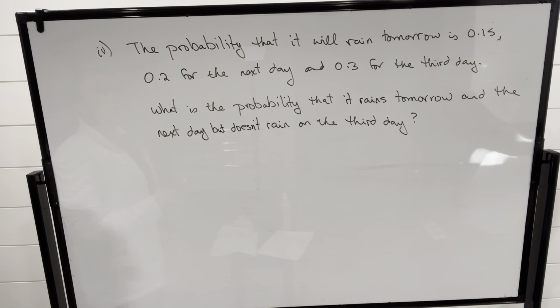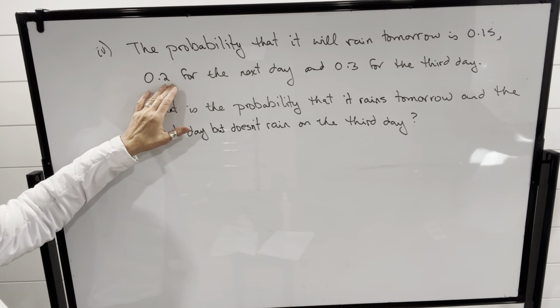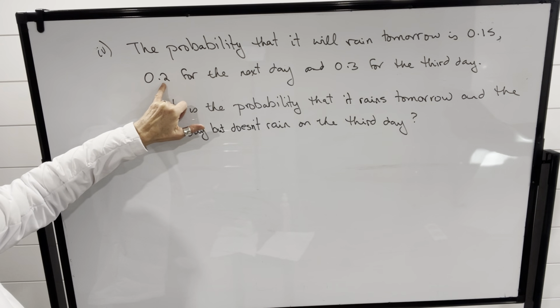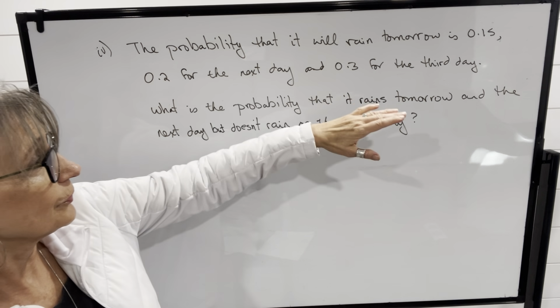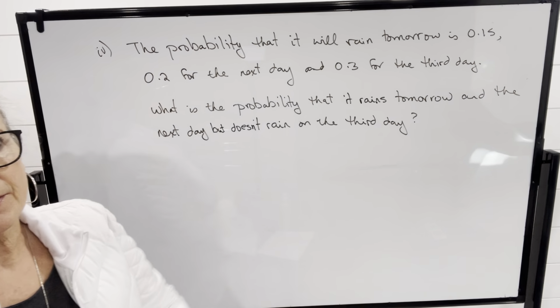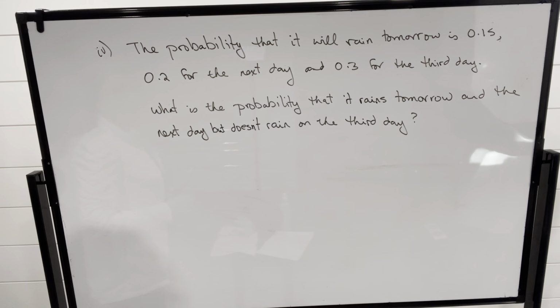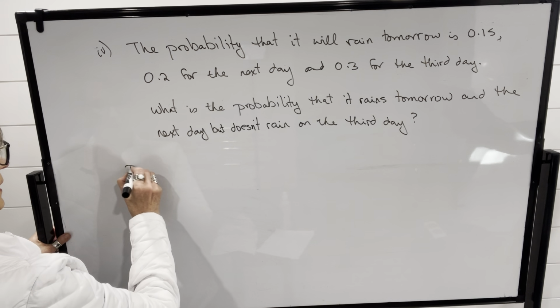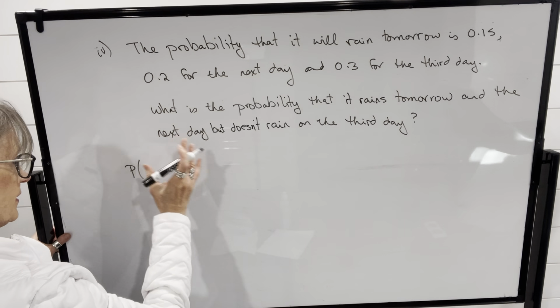Okay, next example says the probability that it will rain tomorrow is 0.15 or 15%. And then for the next day after tomorrow, it's 0.2 or 20%. And then for the third day, it's 0.3 or 30%. The question says, what's the probability that it rains tomorrow and the next day, but doesn't rain on the third day? So the probability of all these events, so